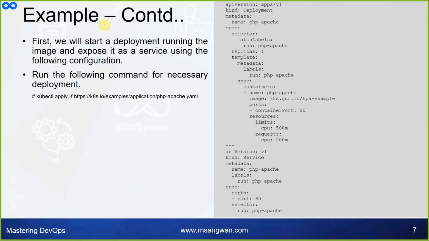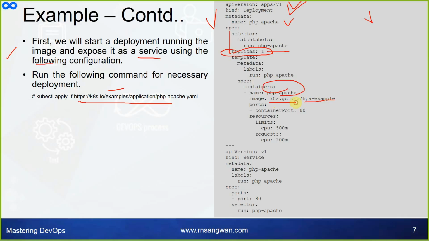Now first we'll start the deployment running the image and expose it as a service using this configuration file. This is the YAML file. You can directly deploy it because it is available at this URL, so you can pull it, investigate it, and then try it. The contents of this file are: apps/v1 Deployment, php-apache, selector php-apache, replicas, we are starting with one replica, container php-apache coming from this hpa-example.